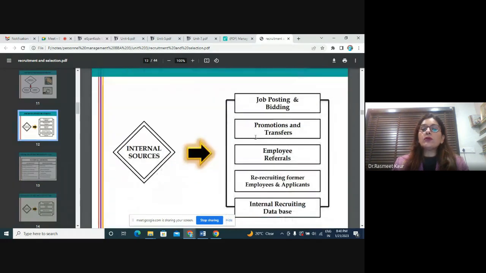Quickly, I'll talk about both of them and the different internal and external sources, because this is really very important. When I say job posting and bidding, usually what happens is when there is a vacancy and you know that you have internally the manpower who can apply for a particular job, management posts that job on their HRIS. We have just discussed a few minutes back what HRIS is, so you can relate to that. It helps you in your recruitment process. So any vacancy which comes up in the organization is posted with the help of HRIS.